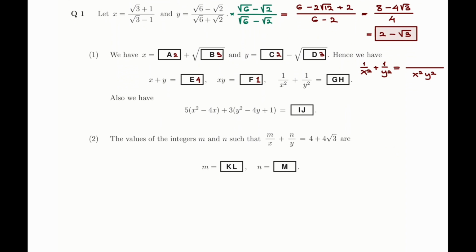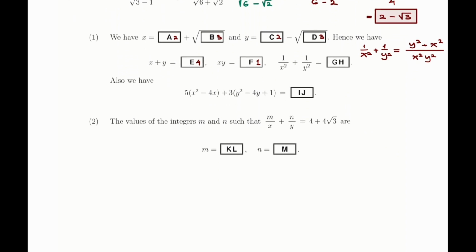If I make the denominator x square y square, therefore the numerator is y square plus x square. I already know that xy is equal to 1, so x square y square is equal to 1 square, which is 1. To find y square plus x square, I can